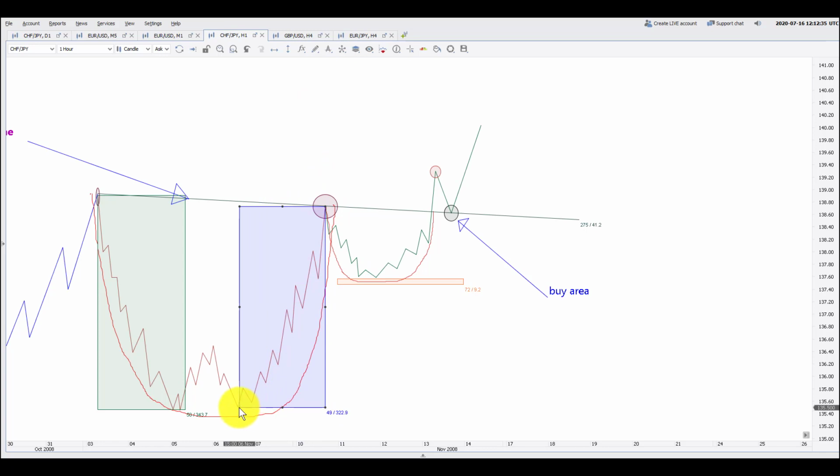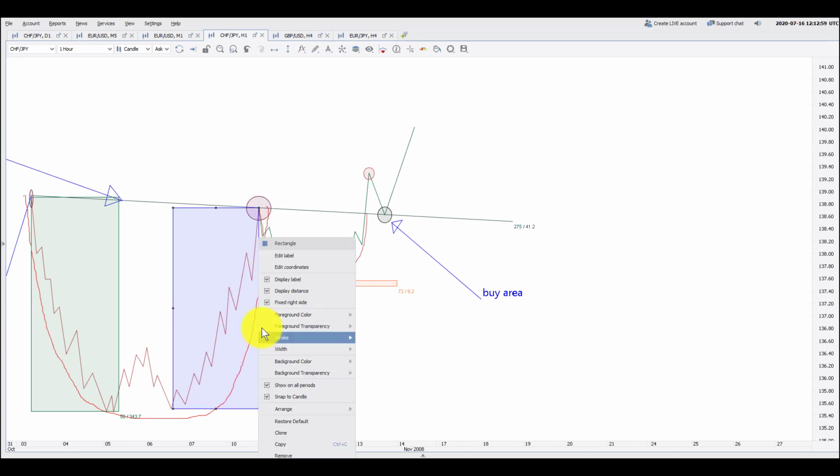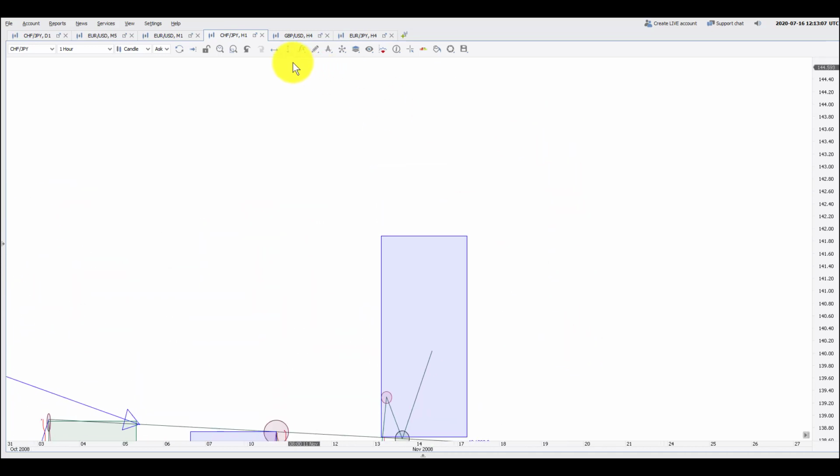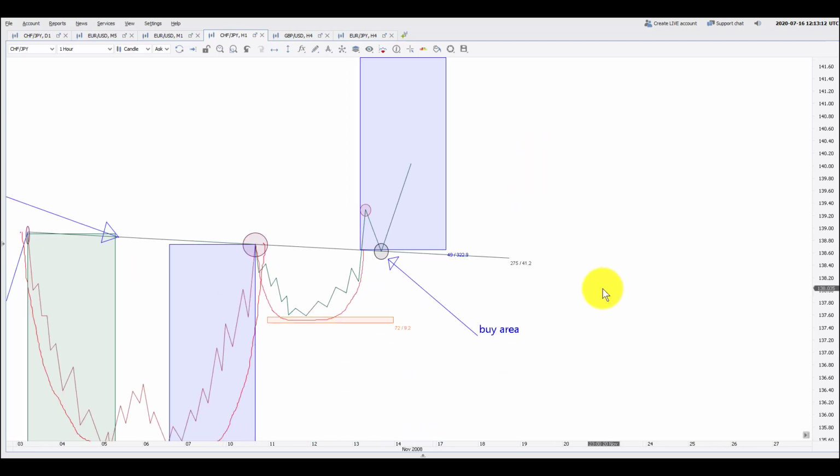You must notice that I already mentioned that all these highs are almost of the same height, but in the real market you may not find it so. Sometimes you will find that this high is lower than that one, and sometimes it is higher than that one. That is why I'm saying the second high's height from the cup's base is actually the height of the pattern, and that is what you will be adding to the price at the breaking point to measure the target. So in this case your target will be here. In this case 141.88 will be the target.